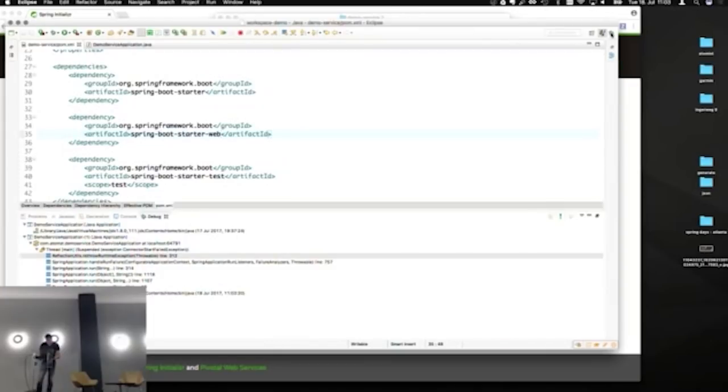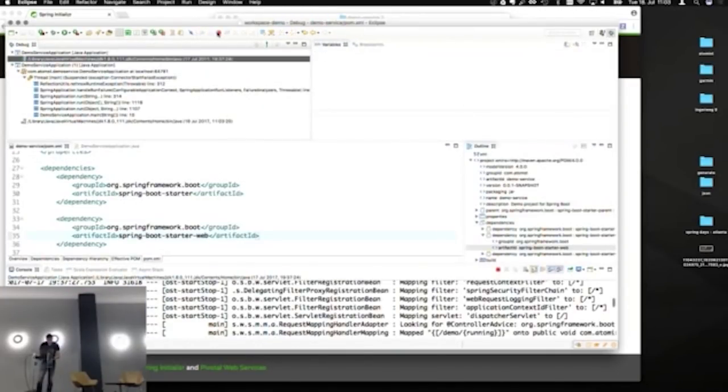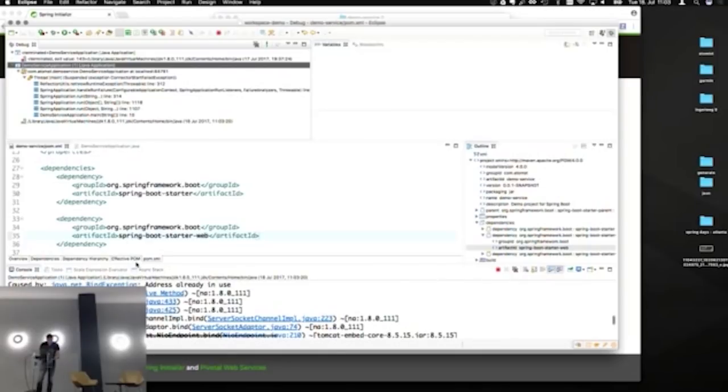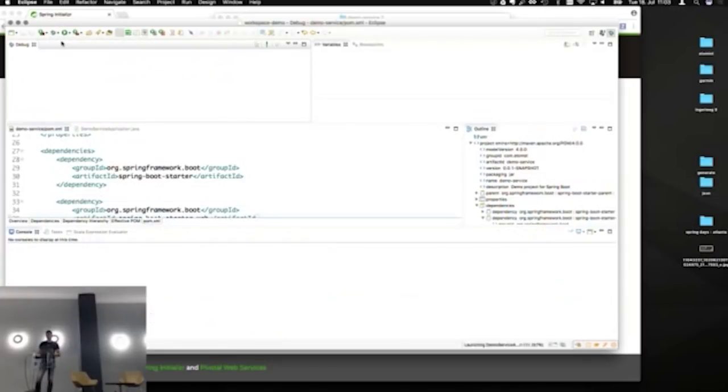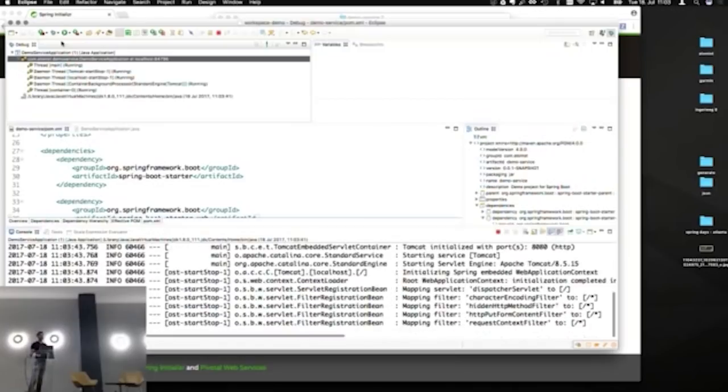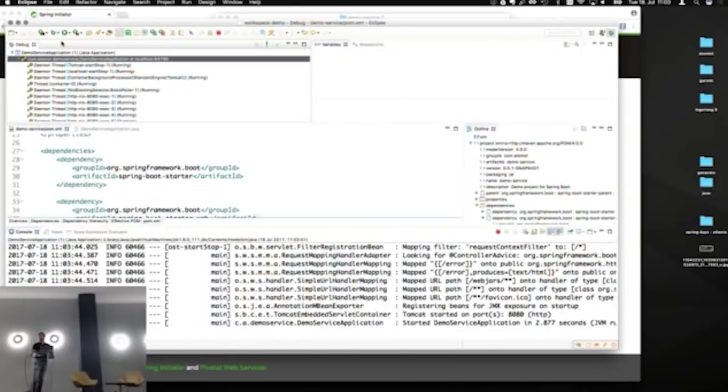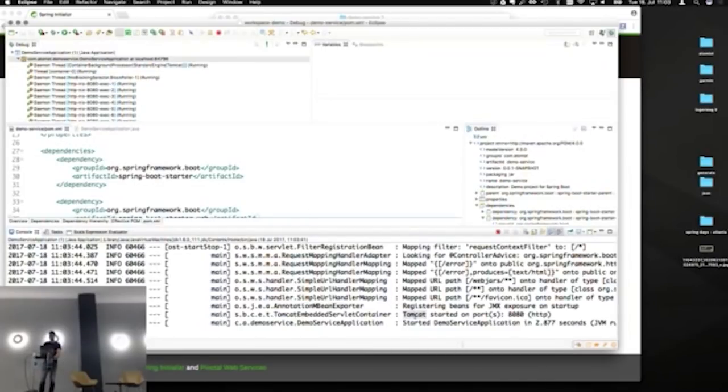What's going on? I had this previous server running. So it actually didn't start up because my address was already in use, so let me just do this again. Another really nice thing about Spring Boot, they give you sensible error messages. Instead of just showing you a stack trace, they actually show you what might be the cause for this particular error. So in this case, it told me that you already have an application running on that port. So see here how my Tomcat server came up, and I can now start hitting endpoints. Right now, there's nothing there because I just created an empty Spring Boot application with Tomcat in it.